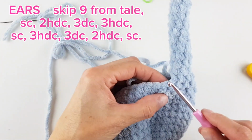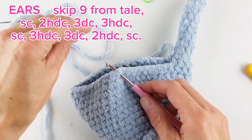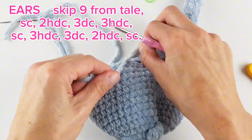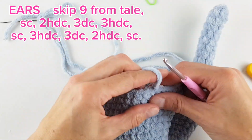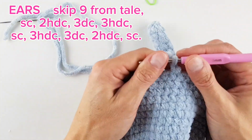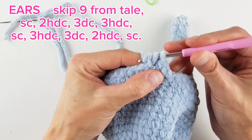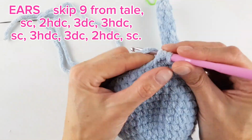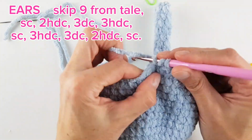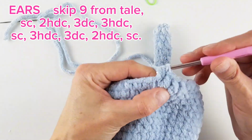So I skip 9 stitches from the tail, attach the yarn into the 10th, and in the same stitch, single crochet, then half double crochet into next, half double crochet into next, double crochet in next, double crochet in next, and 1 more double crochet in next, then 3 half double crochets,